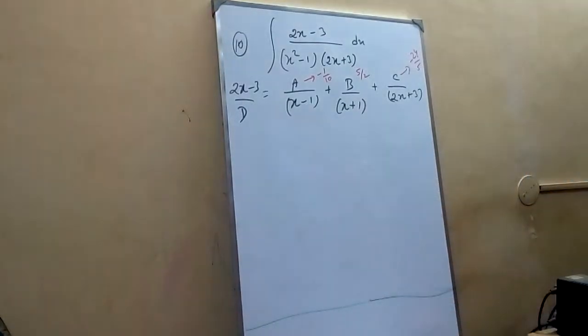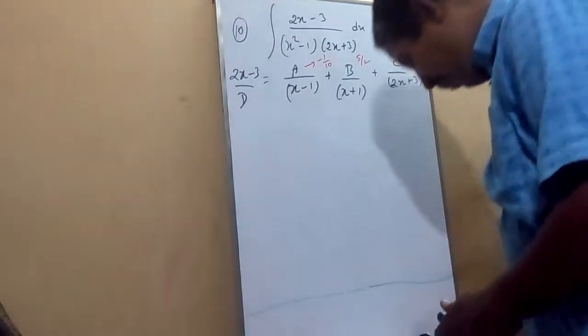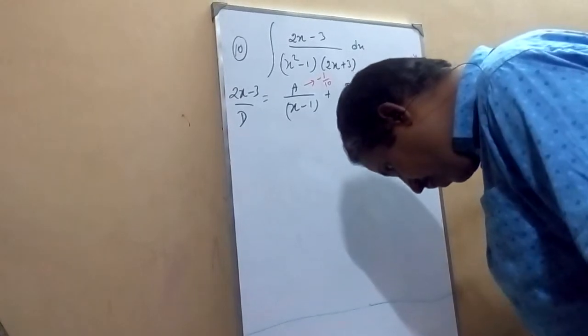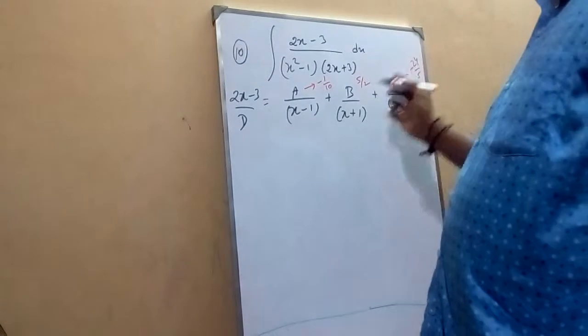Let me see the time. The time has reached 29 minutes, so I will finish in under 5 minutes. If time permits, let me do the sum in the next class, because I don't want to rush. So the answer for 2x minus 3: